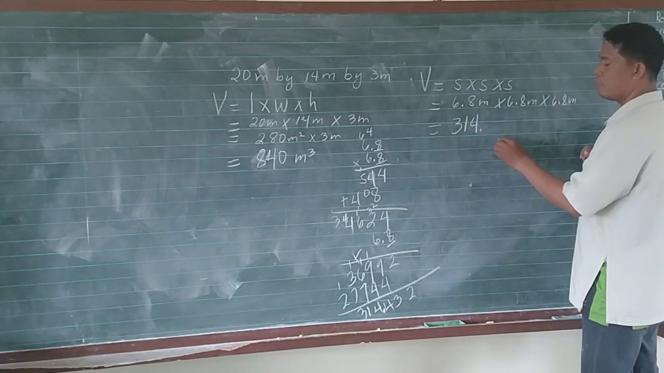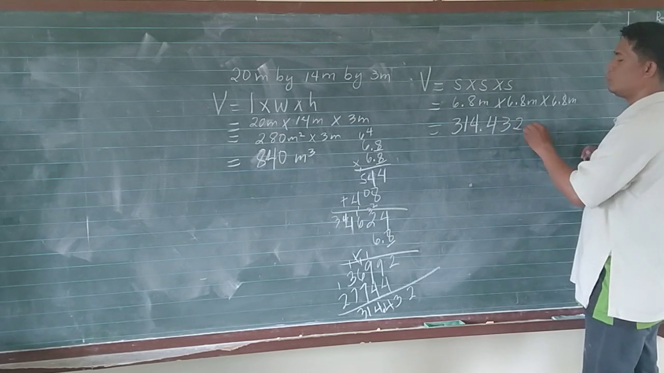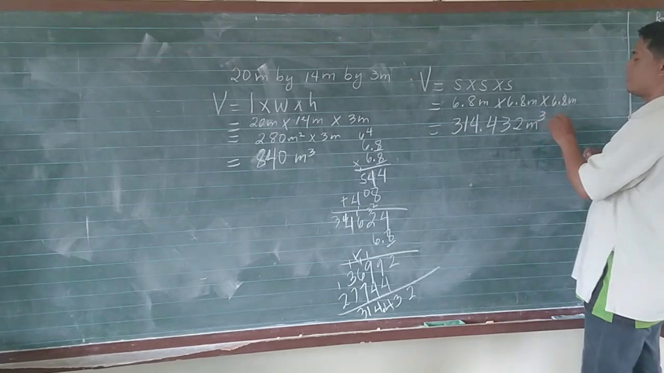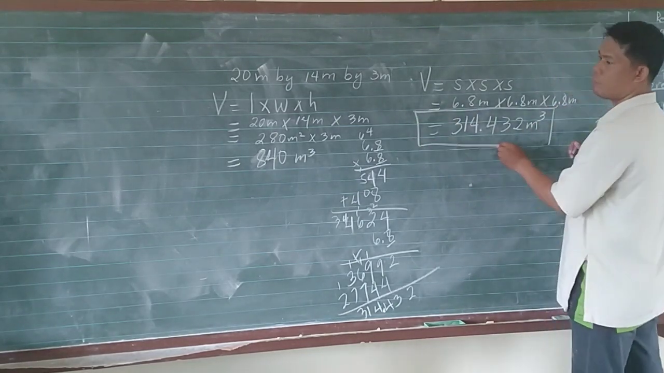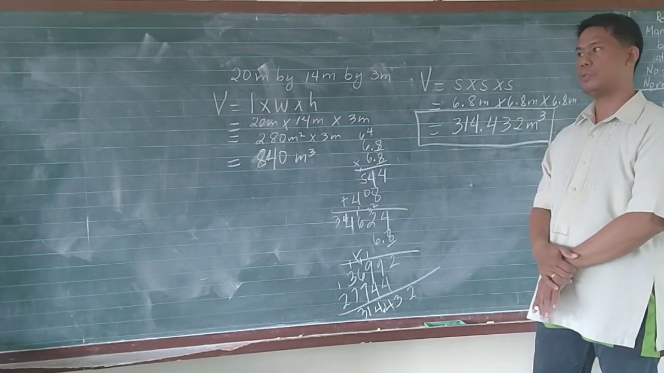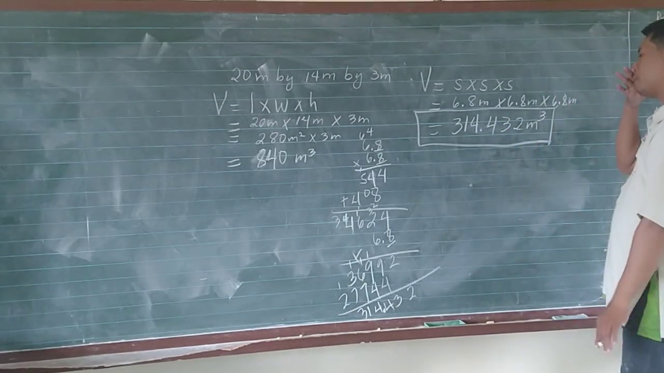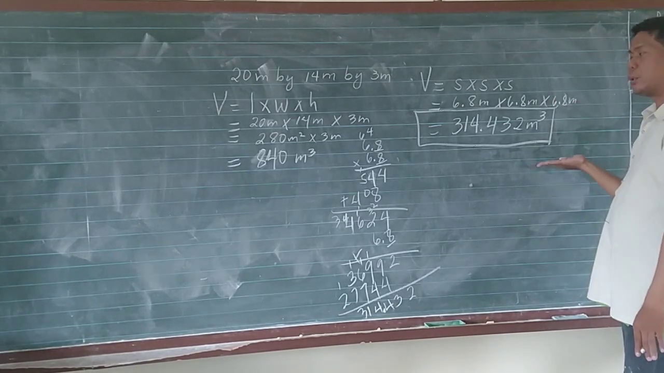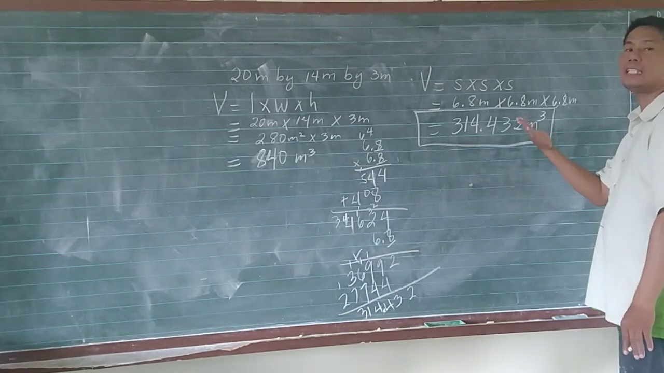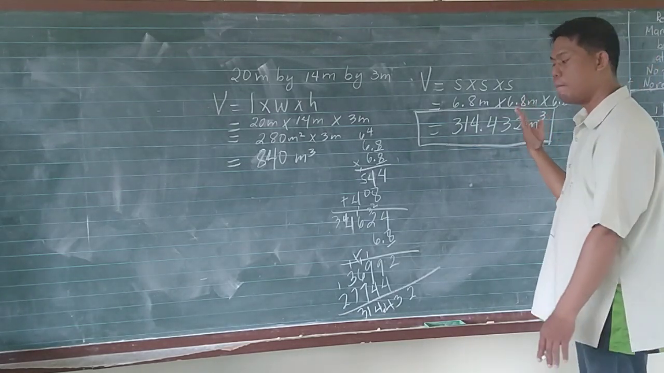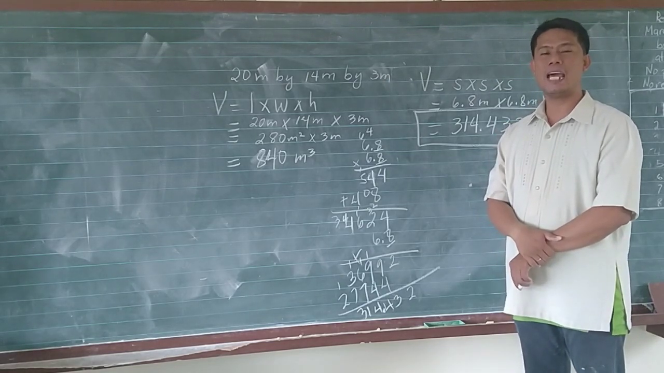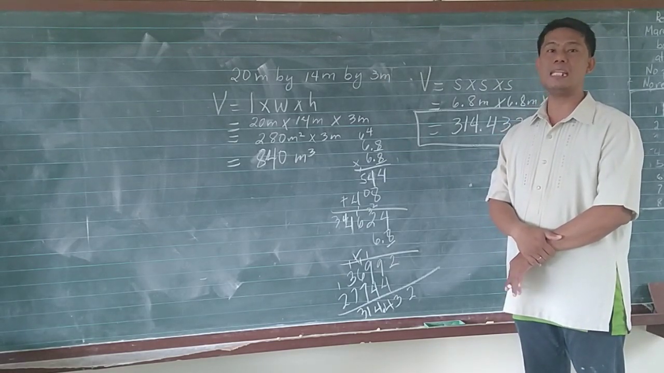314 and 432 cubic meters. This is the air inside my room, or the volume of the air inside my room. So the answer is 314.432 cubic meters. That is how to solve the word problem, or the non-routine and routine problems involving the volume